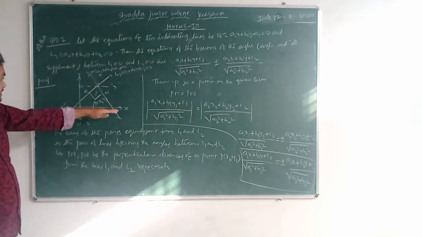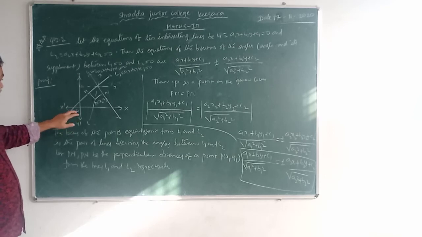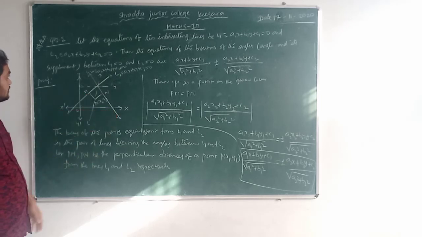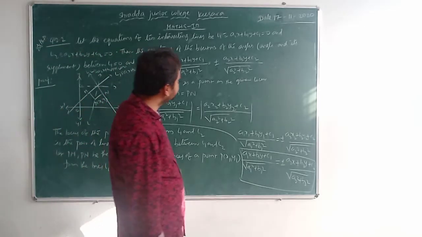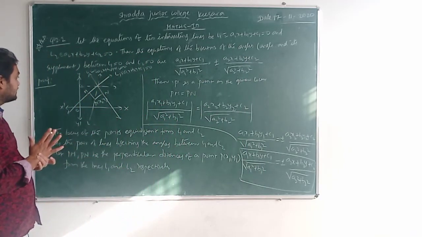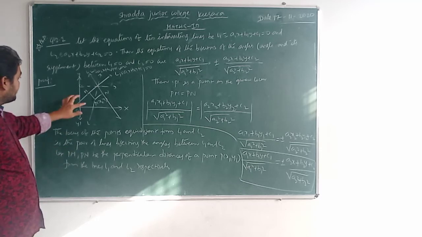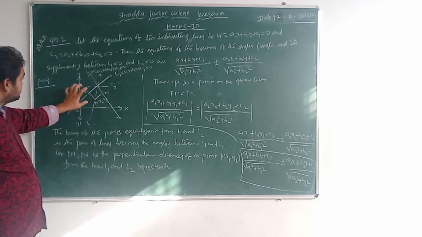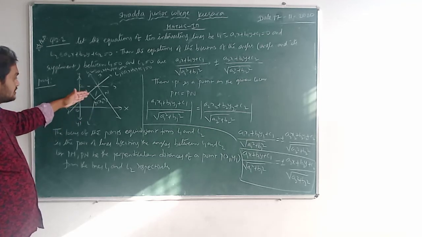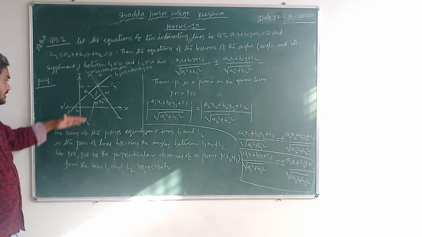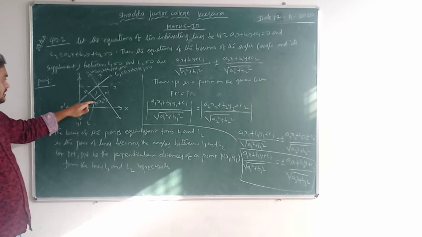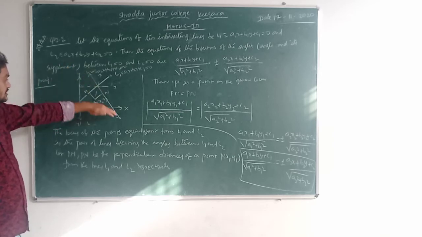See now, take the x and y axis. This is x dash, y dash. This is called the origin. Take the two lines denoted by L1 and L2. So what is given here? An angle and its supplement. Now see here, P is equidistant from the given lines. Then what is the condition here? PM means the length of the perpendicular distance from the point to the first line, and PN means the length of the perpendicular distance from the point to the second line.